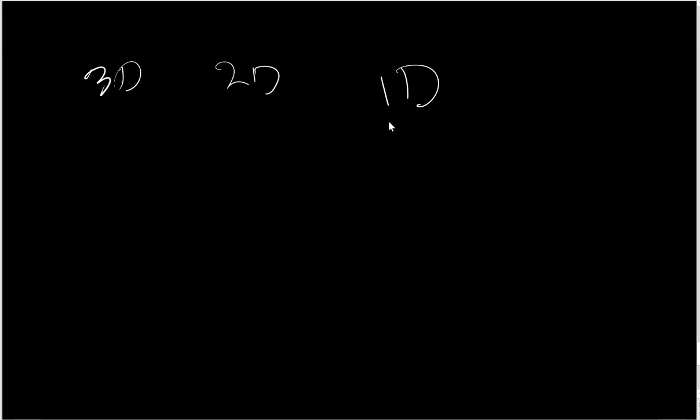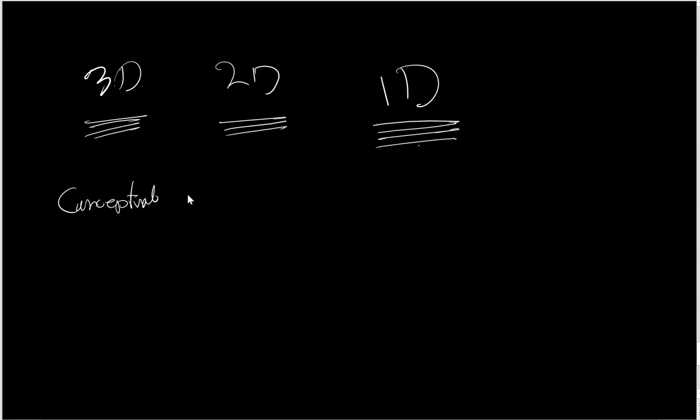It's very important that you don't think the 1D problems are useless, or that they are not as good as 2D, or that 3D is always better than 2D. Everything depends on the conceptual model that you've created, and the conceptual model depends on the question